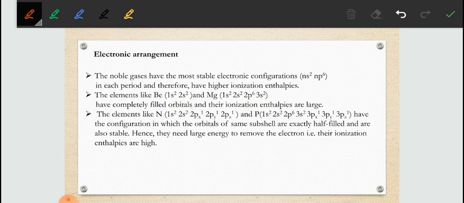One more case that we can discuss is when we have half filled orbitals, like 3px1, 3py1, 3pz1. In the case of nitrogen and phosphorus, half filled configurations are more stable as compared to fully filled. So if you have two elements, one half filled and another fully filled, the half filled is more stable as compared to the fully filled. This we have discussed in our previous chapter. You can watch that video to see how to make this kind of